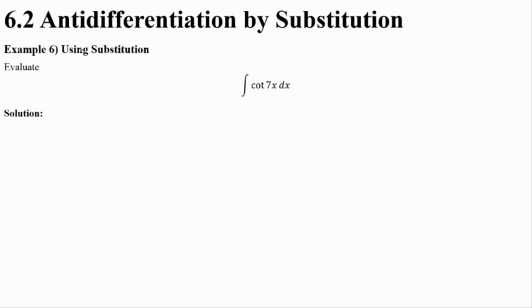Hello, today we keep talking about substitution. Last time we talked about only the algebra, the number substitution. Today we're going to talk about substitution with trigonometric functions or trigonometric identities. Okay, so in example 6, they give here cotangent